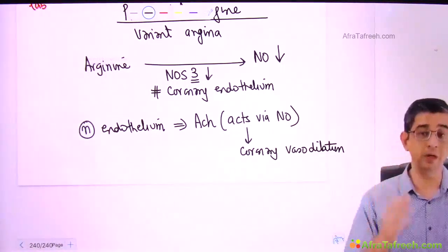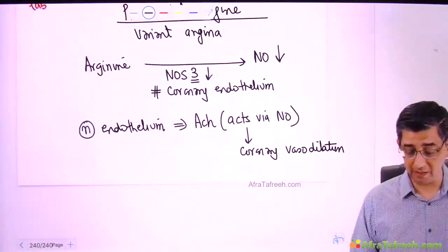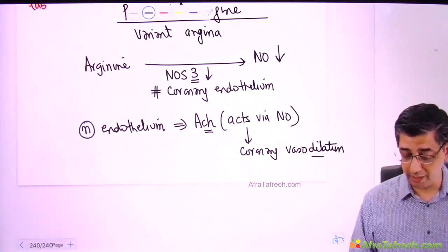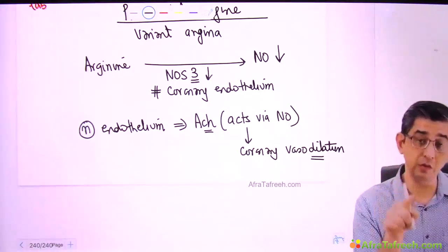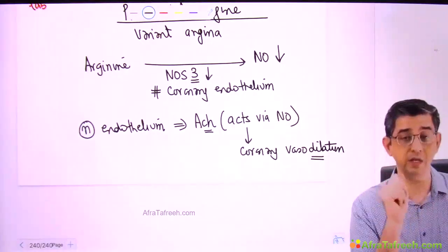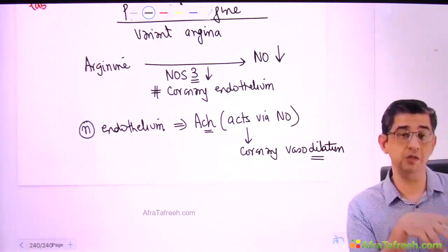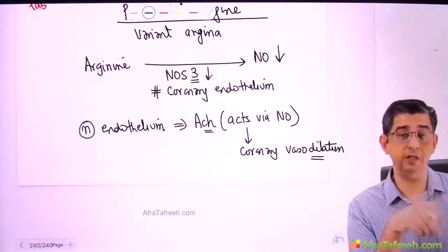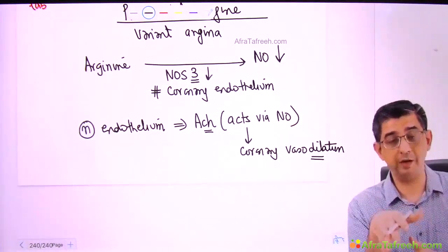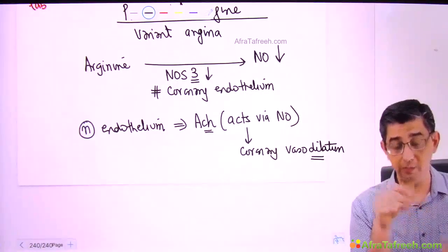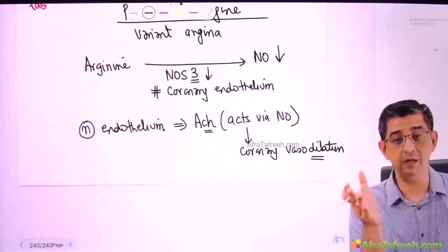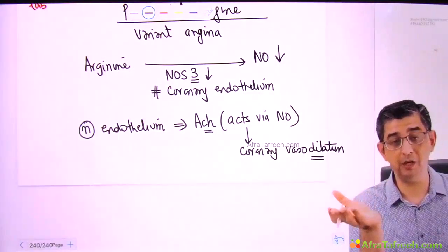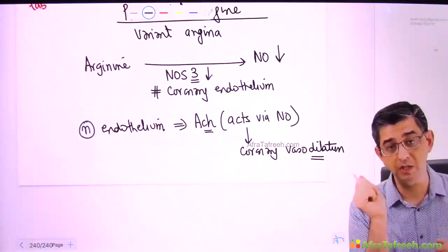I want you to remember that in a normal person, acetylcholine injection will cause a dilation, but in Prinzmetal angina, acetylcholine injection causes a vasoconstriction. I repeat the fact once again. In a normal person, from a physiology perspective, you would have studied that acetylcholine helps in generation of nitric oxide and causes a coronary vasodilation. But in Prinzmetal angina, there is spasm. Why the difference? The difference is what I highlighted. The coronary endothelium is not working properly thanks to the atherosclerotic process.